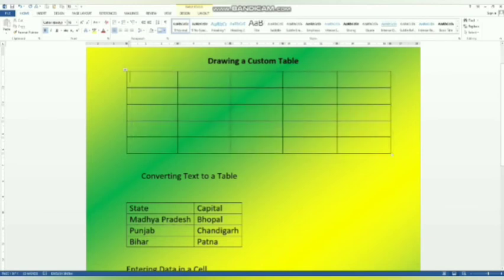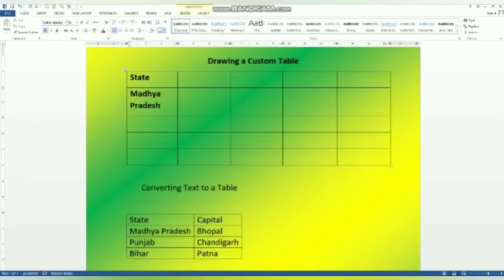We already have a table here, so simply click in the cell and then type the data in the cell, and you can move the cursor with the help of arrow keys. Up, down, left, right. With the help of arrow keys, you simply move in the cells and then type your data in that cell. This is known as entering data in the cell.